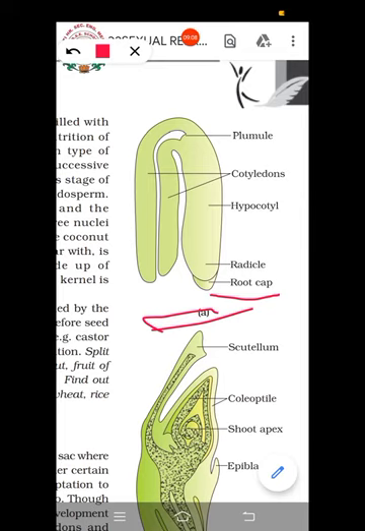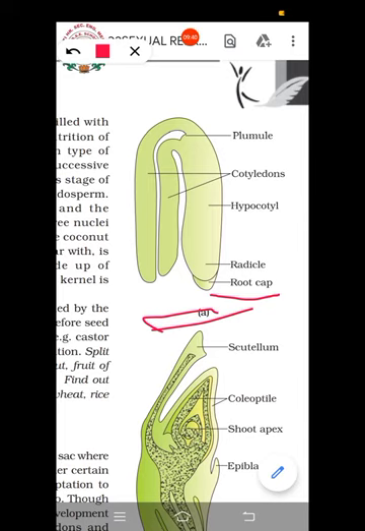So many diagrams can be asked from this chapter. So please draw all of them in your copies and practice. For example, the structure of a pollen grain, the structure of a microsporangium, then a section of an anther. Please practice all these diagrams now itself, so that it won't be a burden for you later. All of you draw it in your copies.